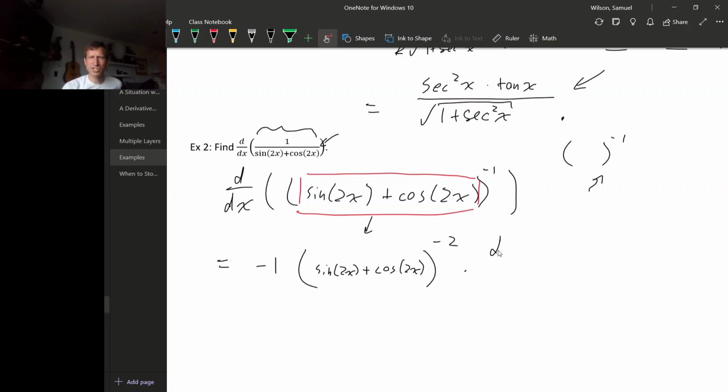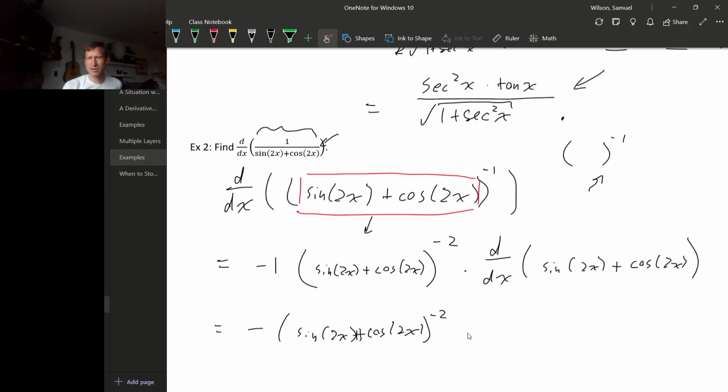And then we multiply by the derivative of the inside. So minus sine 2x plus cosine 2x, this is a plus here, to the minus second power, times